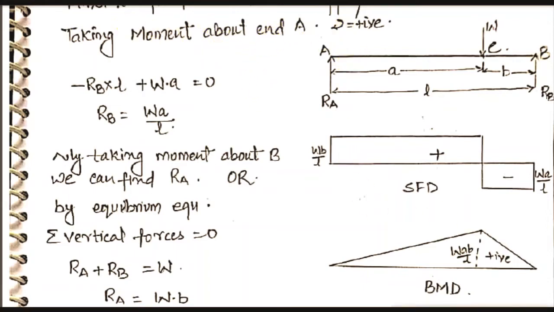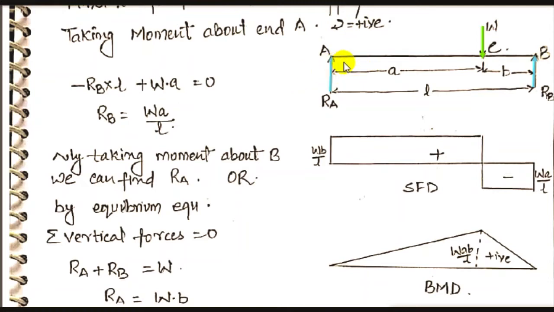These are the two forces that are acting at point A and point B. These blue arrows are unknown, and the load which is known is W, acting at point C. We can take moments about any point we can consider. Consider a moment about point A. Considering a moment about point A, the clockwise direction is positive.